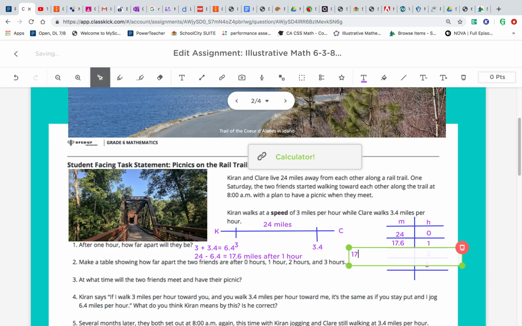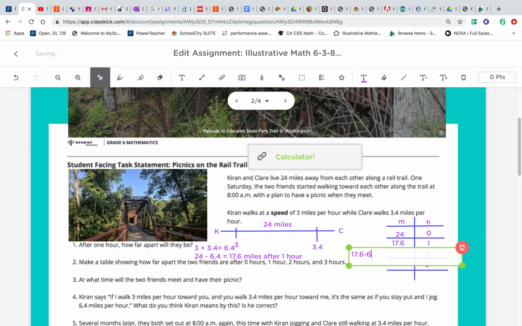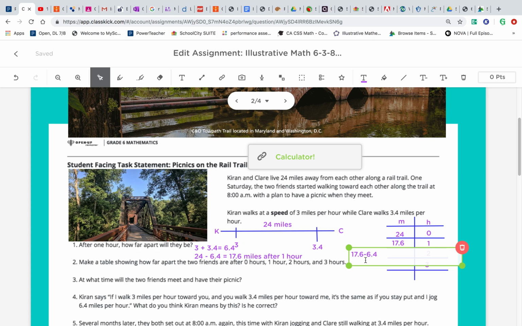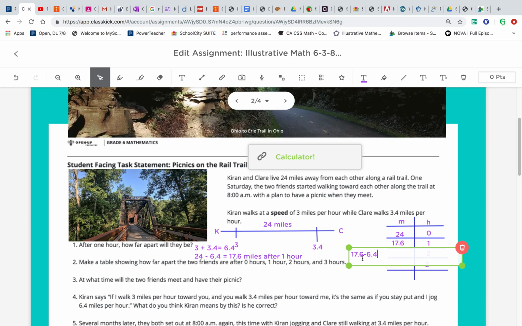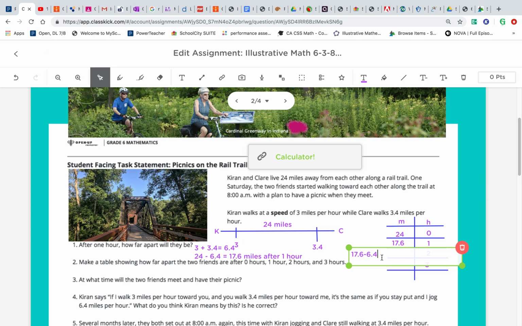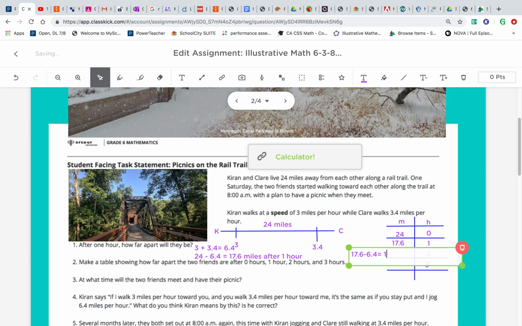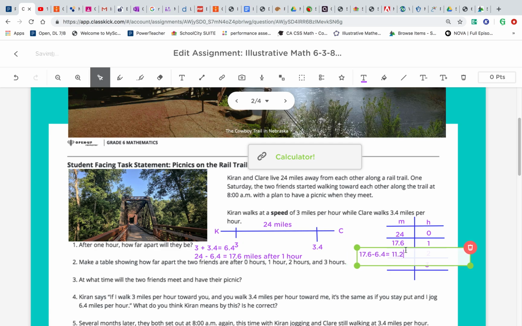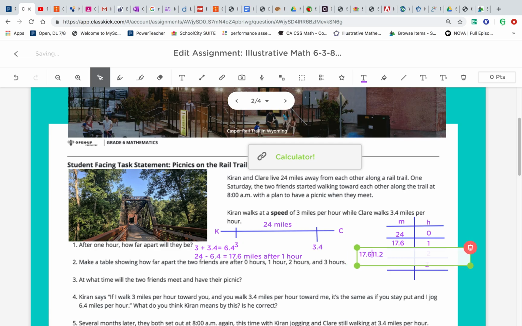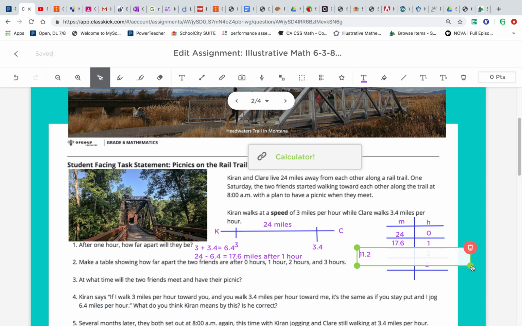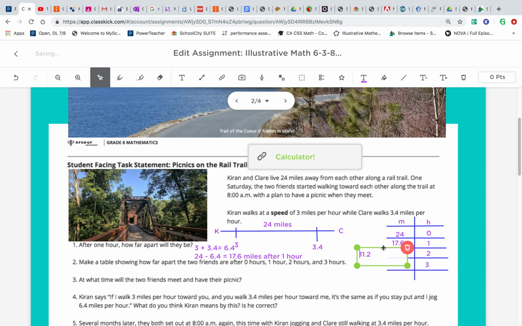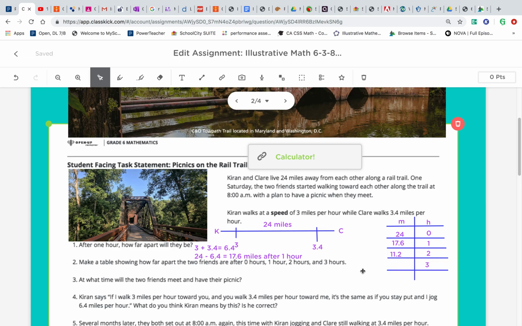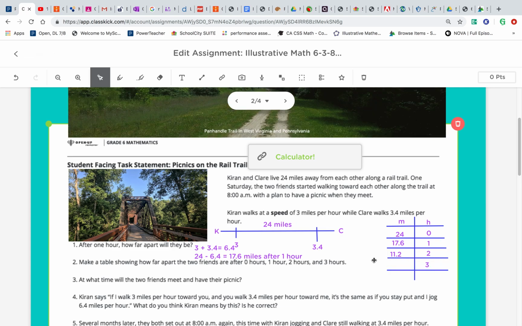So 17.6 minus 6.4. Let's see, 17 minus 6 is 11. And the 0.6 minus 0.4 is going to be 0.2. So it's going to be 11.2. So I'm going to move 11.2 here. And then I'm going to delete the rest of this. Okay, so there's that. And then after 3 hours, you're going to be taking away another 6.4 miles,